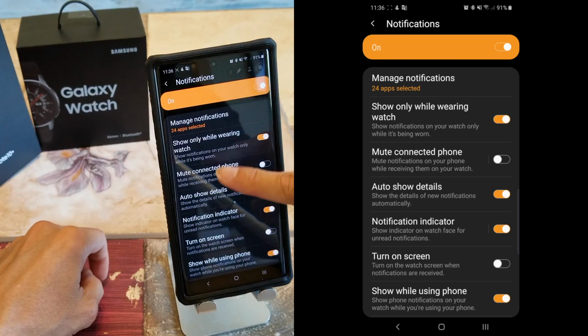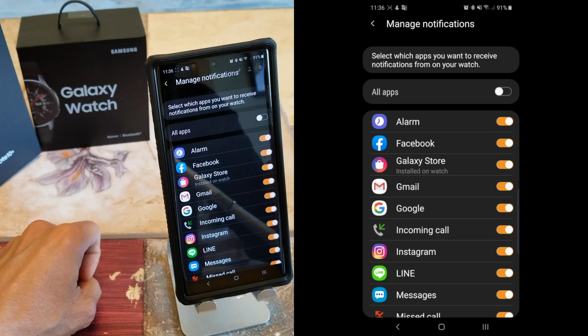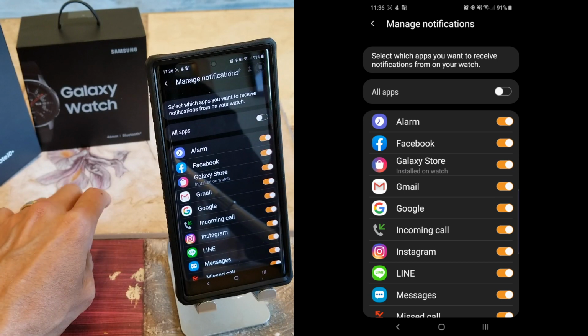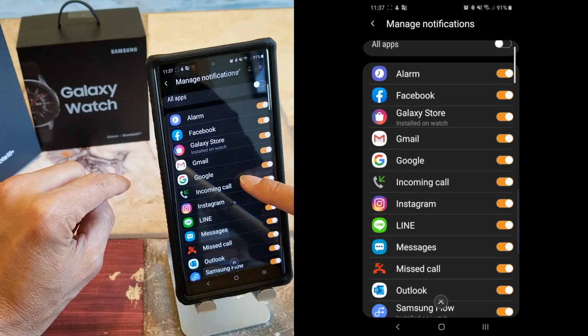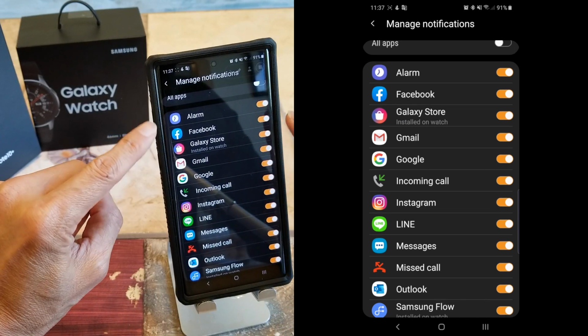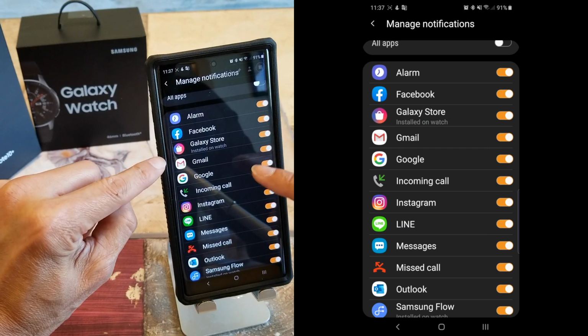And then the next thing you want to do is go into manage notifications. You don't want to turn on all the apps. That's going to kill your watch battery. Okay. So just scroll down to whatever app that you want to notify on your watch. Got the alarm, Facebook. I'm not sure if I need the Galaxy Store, and then